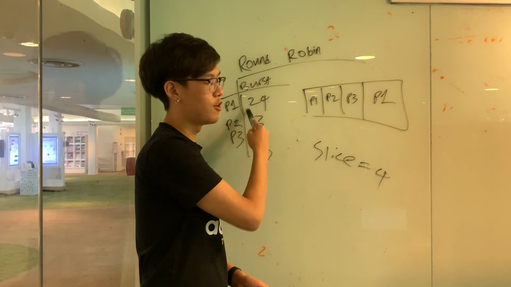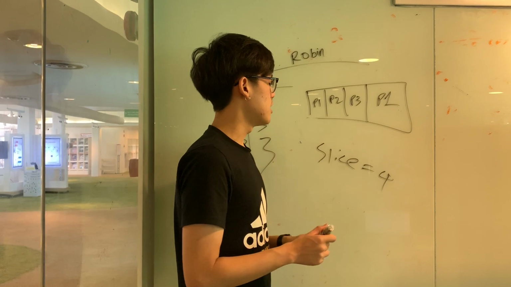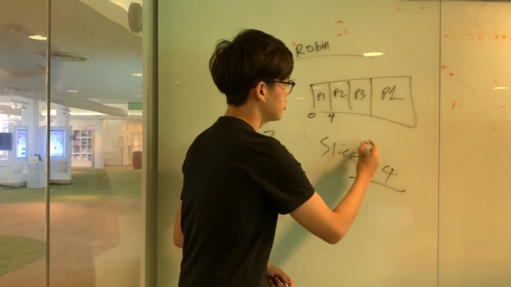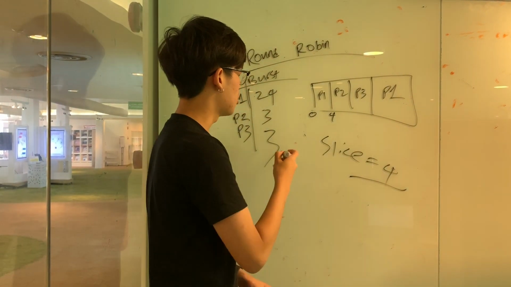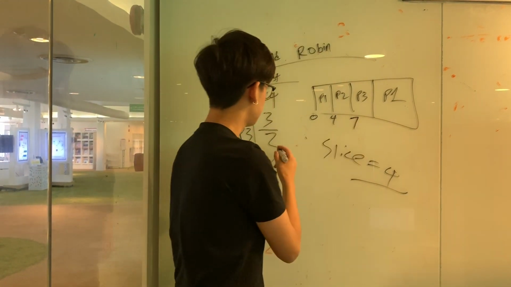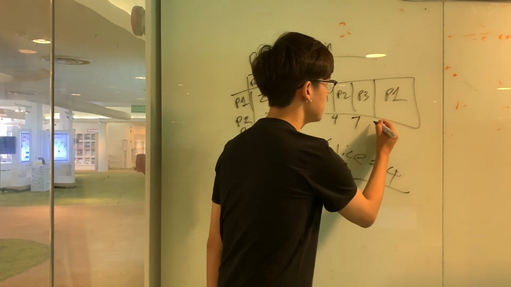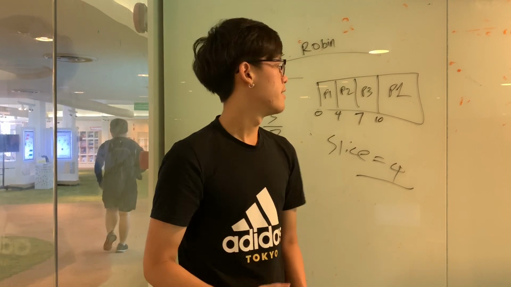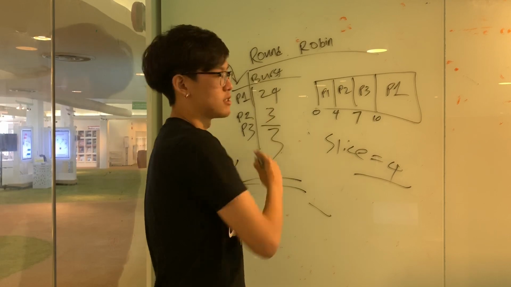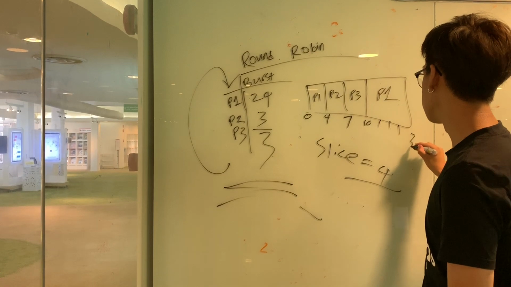Process 1 is 24 bursts, whereas process 2 and 3 are 3 bursts. Therefore, process 1 will start from arrival time 0, running up to the time slice of 4, meaning after 4 bursts, it will stop and move on to process 2. Process 2 will only run for 3 CPU bursts, stopping at time 7, and moving on to process 3, running up to 10. Afterwards, because there's no other new process, they will move back to process 1 to do the executing for every time slice all the way up to 30.